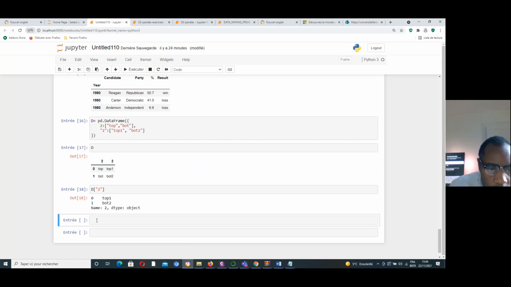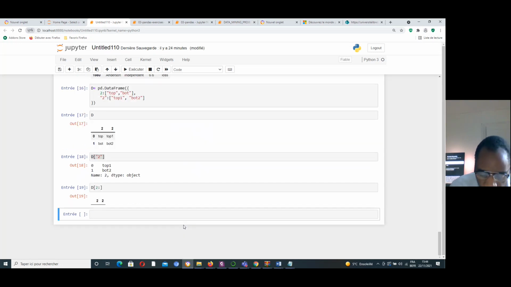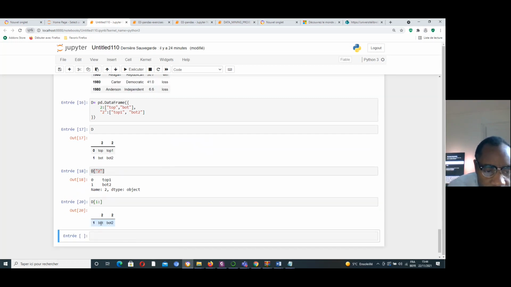But I can change it. If I copy, for example, and put it here, I can change it like that. Okay, great. I get just this one, but you know, if I put one, I can maybe get an error. Oh yes, this is the one line. I got one line.